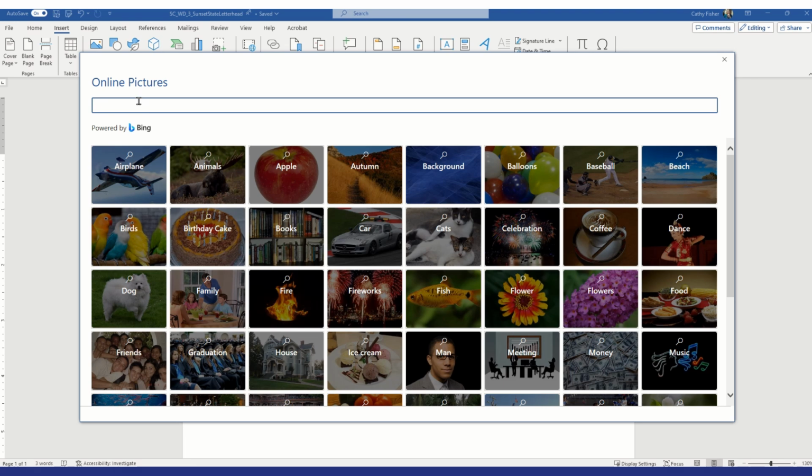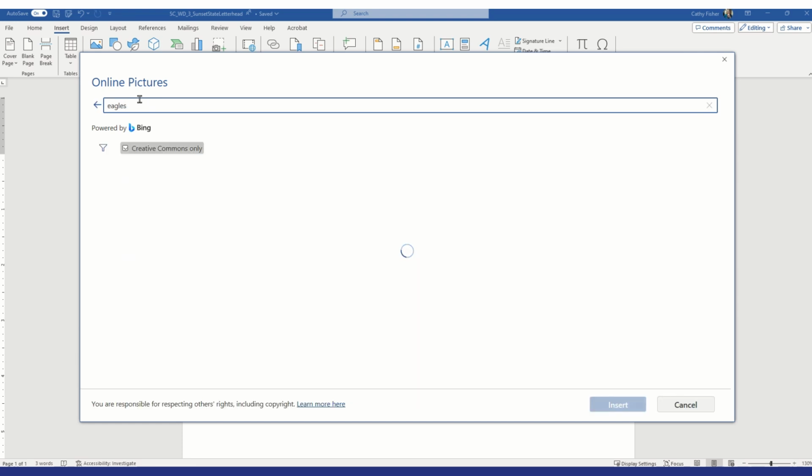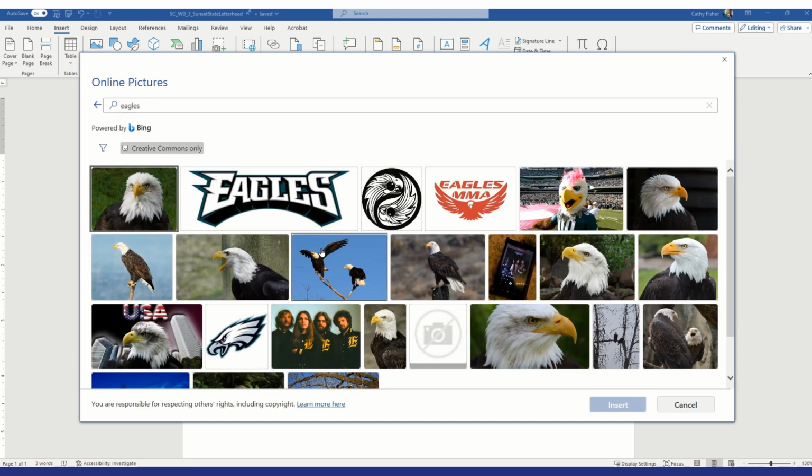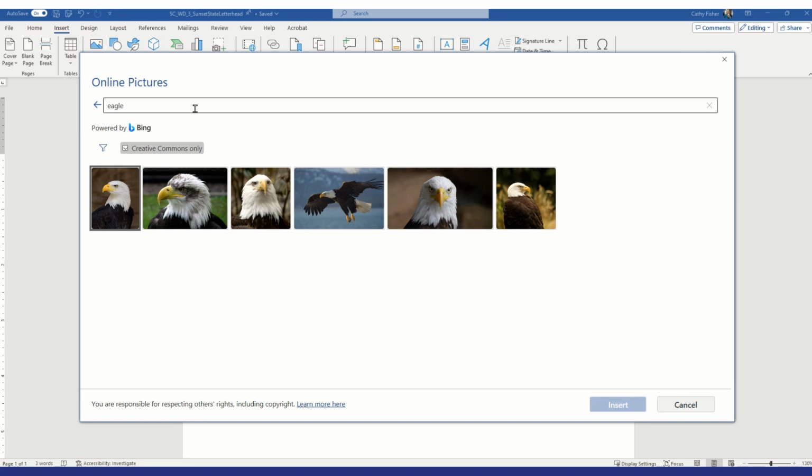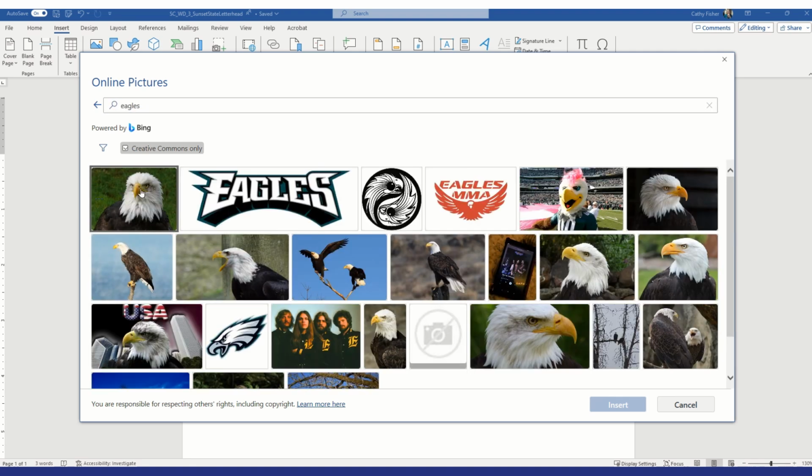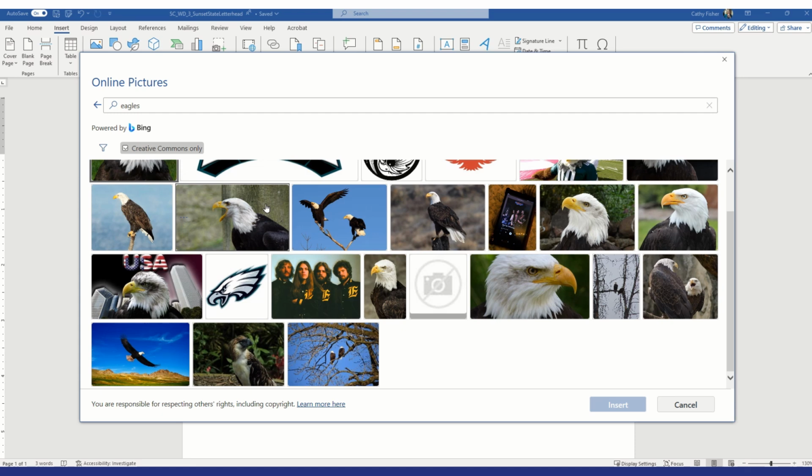So we're looking for a stock photo or an online photo. And we're going to type in eagles or eagle. We'll see what we can find here. Maybe I'll just change it to eagle and see if that's there. So the picture I'm looking for is actually not here. In the text they found it, but it's not there. Even if I typed in eagles, it's not there as well. So what I'm going to do is get the picture that they require from